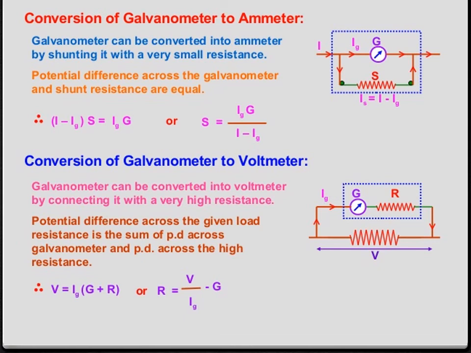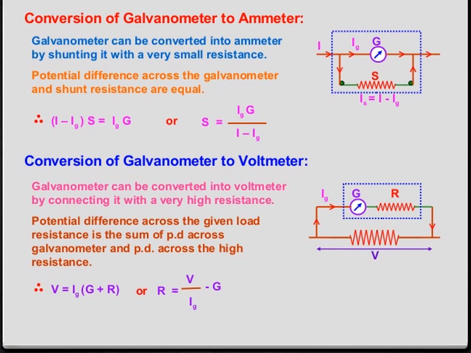Now, galvanometer is converted to ammeter. See the picture. How? Ammeter is an instrument that is used to measure the current flowing in the electrical circuit. The ammeter must offer low resistance such that it will not change the current passing through it. So, ammeter is connected in series to measure the circuit current.